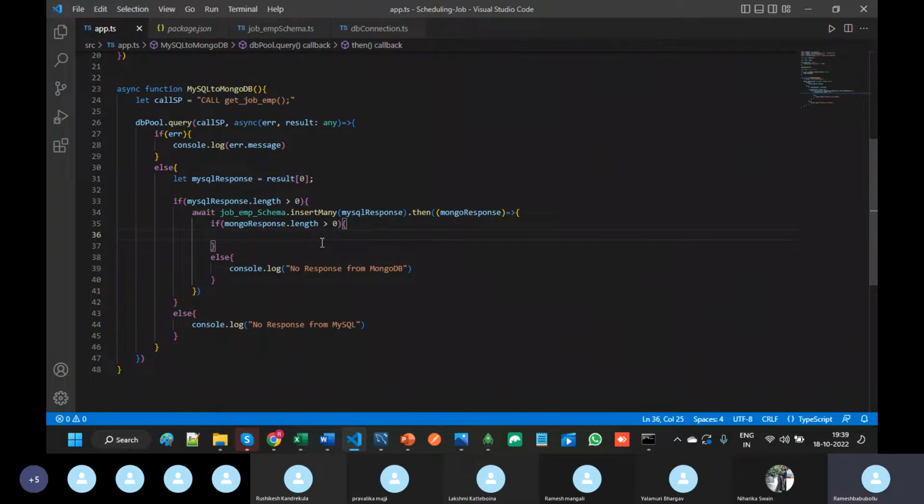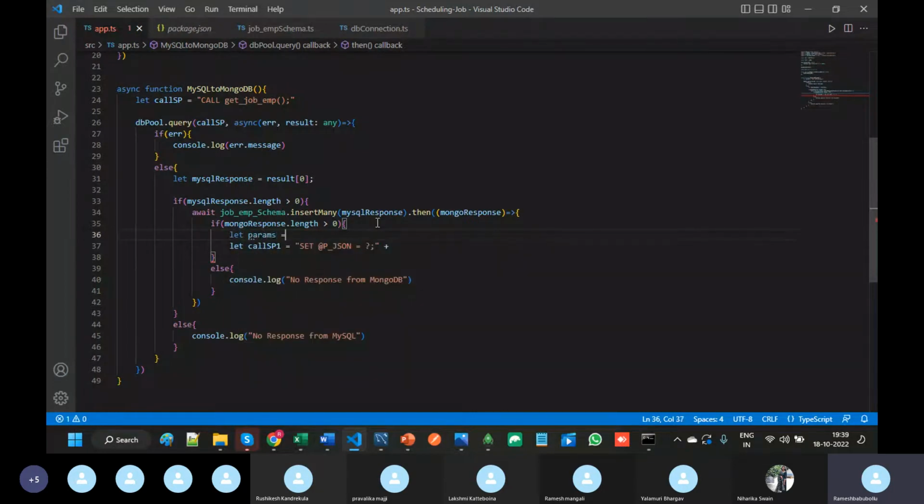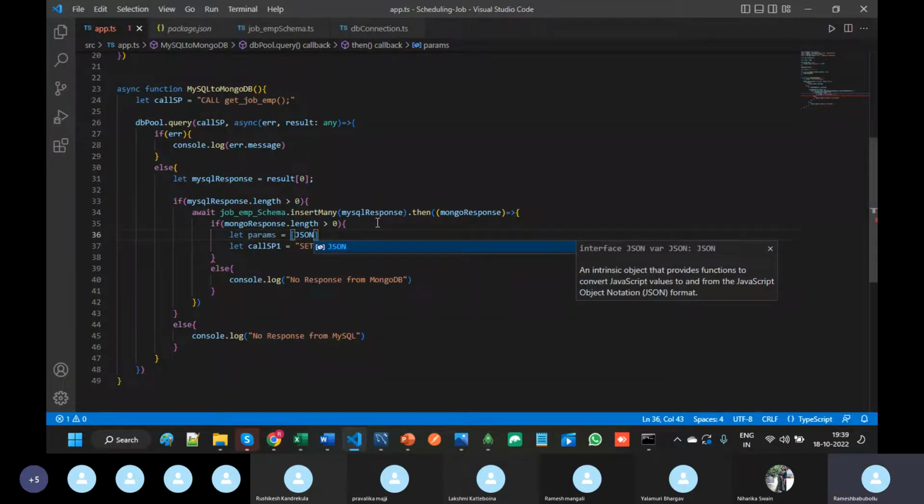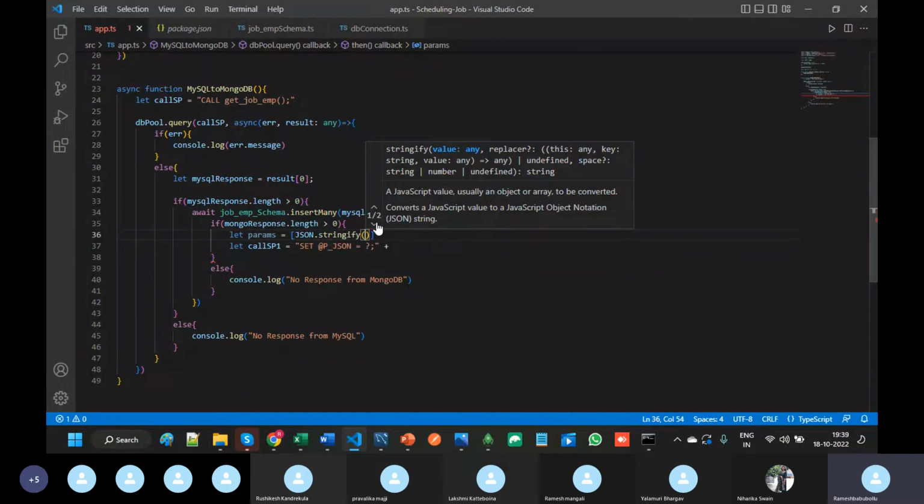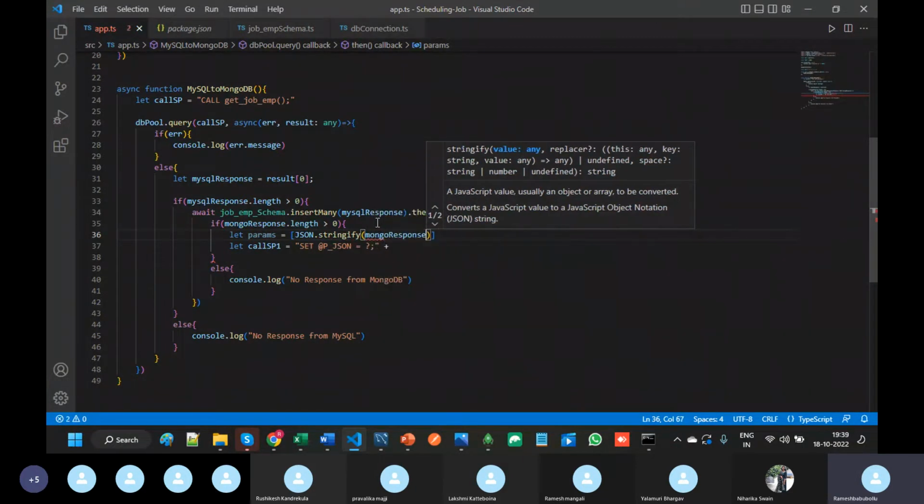So here let params equal to set @p_JSON. Sorry, this is call sp1. I am taking another variable and here let params equal to JSON dot stringify of Mongo response,